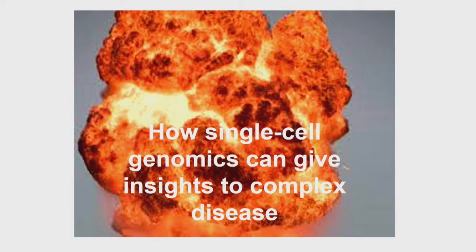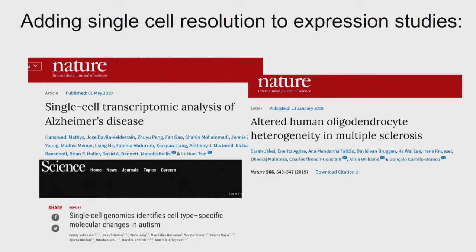And since this is a teaching session, I'm not just going to talk about my data. I'm also going to talk about 3 new papers that just came out. So, of course, the most immediate thing you can imagine is to take humans that suffer from a disorder and compare them to normal people and do single-cell expression analysis. This is similar to the bulk sequencing efforts that we've been doing for many years, but now you add single-cell resolution, which is great because you're not averaging across different cell types. And just over the last year, 3 papers came out, one on Alzheimer's, multiple sclerosis, and autism.